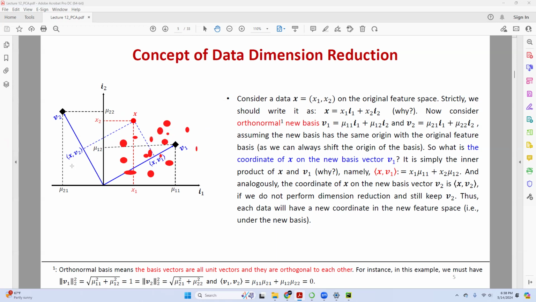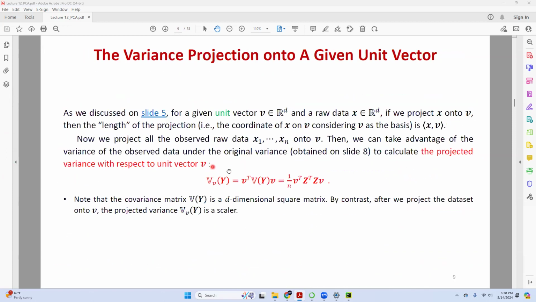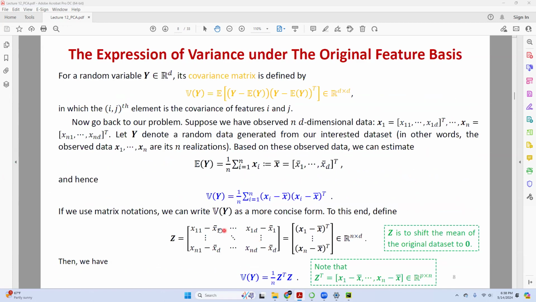Let me use a blue color here. Why don't I make this one? In this case, I can make the center, the mean of the data group, my origin. This will make my calculations easier later. So this is the reason why I need to define the z. Basically, I move the coordinate to the center. I move my origin to be my mean.